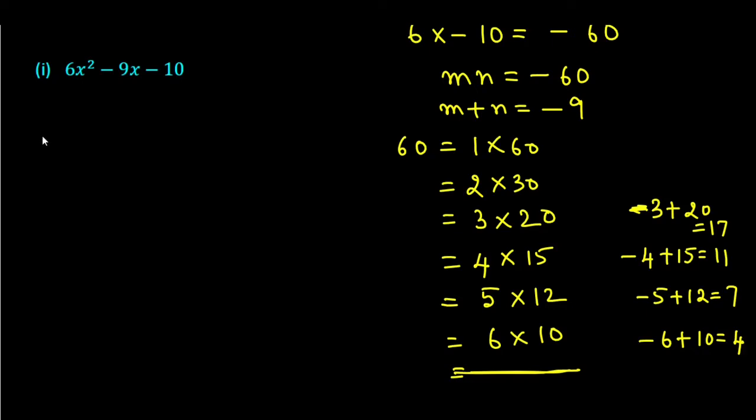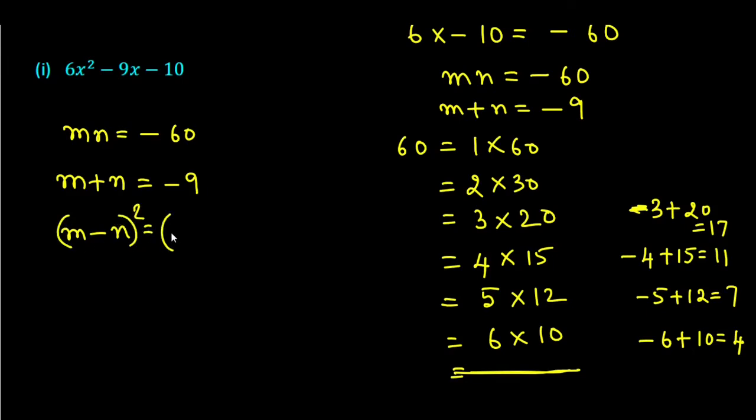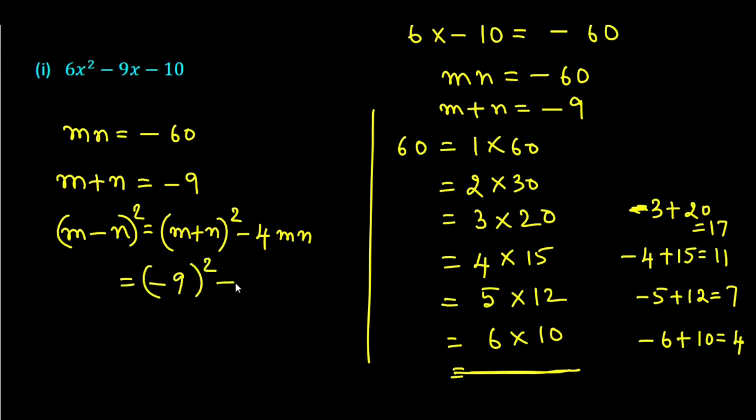Let us go for the algebraic method. mn is equal to minus 60. m plus n is equal to minus 9. To find m and n, first we have to find m minus n. So m minus n whole square is equal to m plus n whole square minus 4mn. This becomes minus 9 whole square minus 4 into minus 60. So we get 81 plus